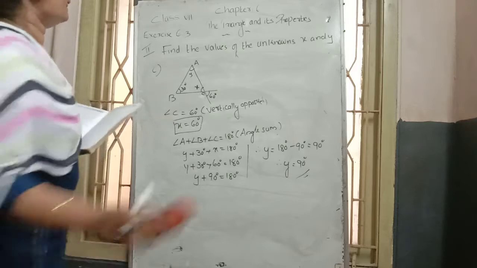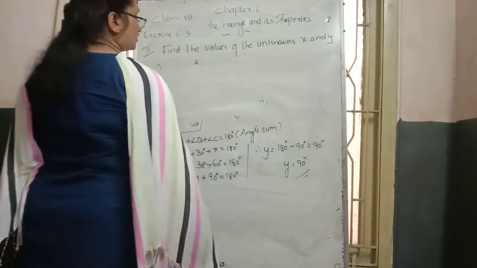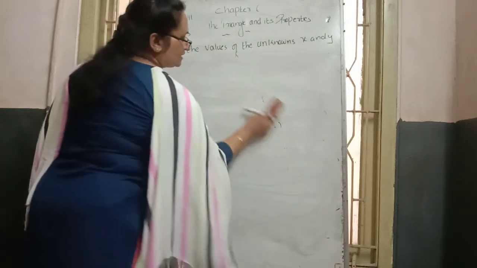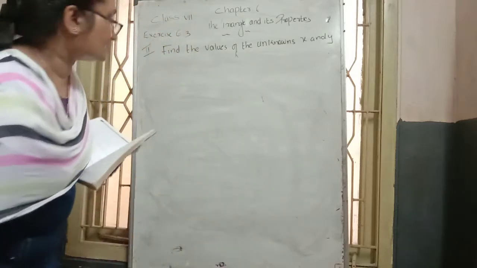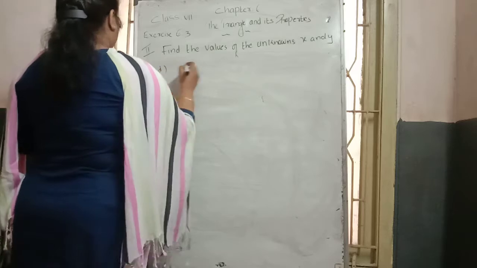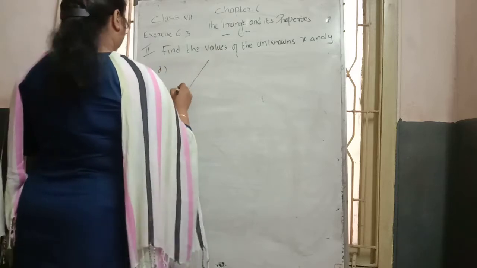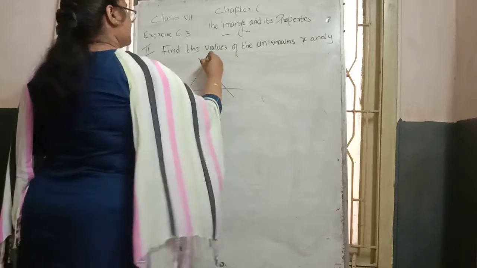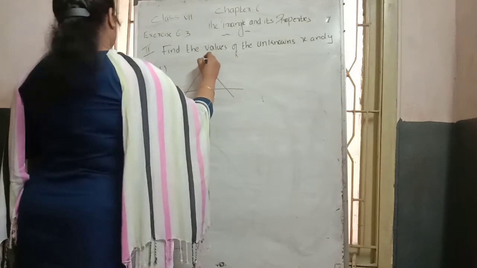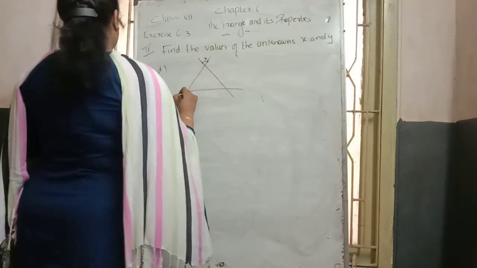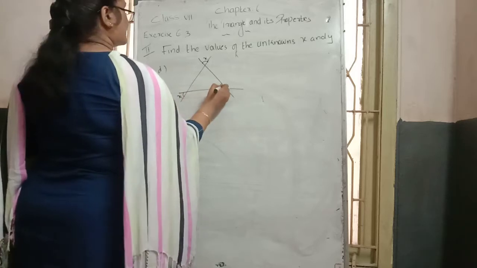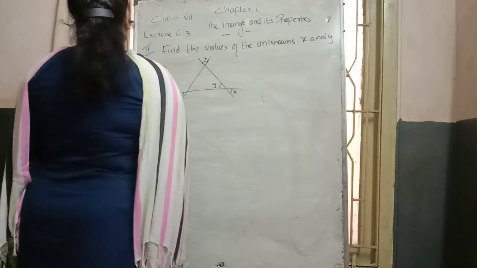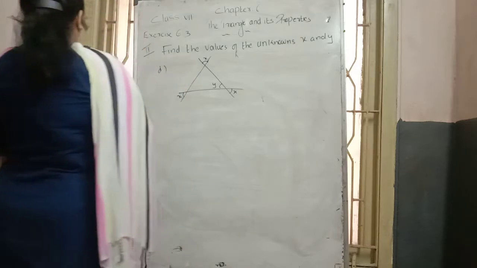Then next, these are the different models. Then one more question, D question. Same model, D question. Here they given to us in this way. They marked it as x, then here x. Then they given us here y and x value. In this way they given there. There also, how to find out?